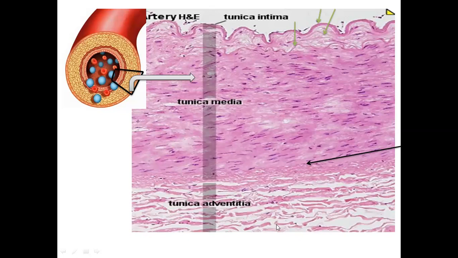Next comes the outermost layer, which is a connective tissue layer, quite evident from the thick collagen fibers, which are irregularly placed, loosely arranged, with lots of gaps between them, loose connective tissue. This is basically the outermost layer, which attaches these blood vessels wherever they are traveling inside the body.